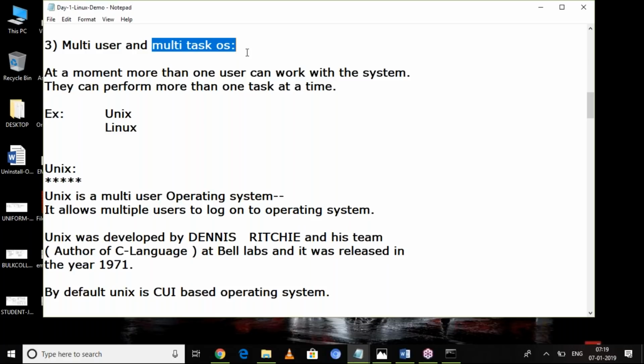Suppose two users are working with the operating system at a time, or three users log into the same system. How is it possible? Yes, it is possible in a multi-user operating system. At a time, multiple users can work with it and they can perform multiple tasks. The examples for multi-user are UNIX and Linux.